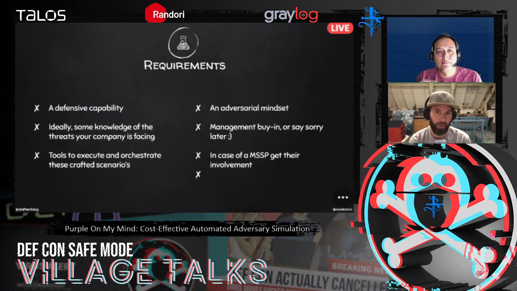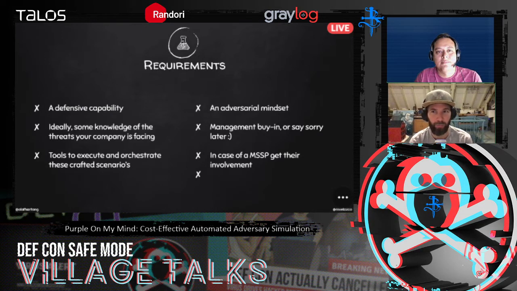And in order to do this, usually in a more normal organization, you actually need some management buy-in because they need to approve you spending time on this, since it will cost a little bit of money. And if you want to buy one of the commercial tools, you of course need some more budget. And if you're a little bit bold, as I've done in the past as well, you can also just do it and maybe say sorry later if they get upset. The big upside to this, if they don't really understand the value of a program like this, is that you can